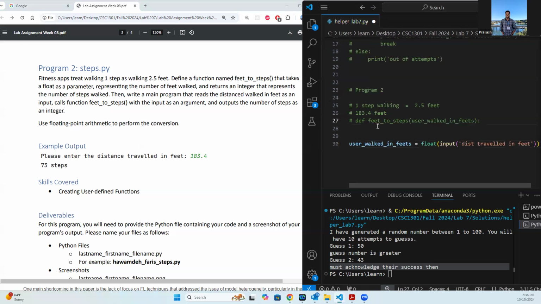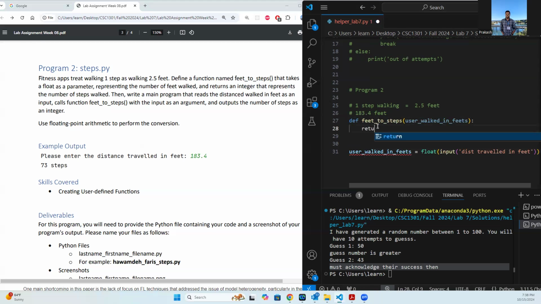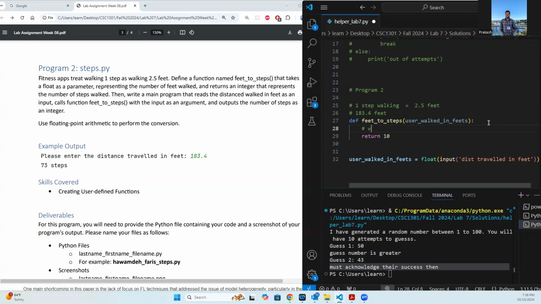So we have a function which will take some value and now we know that it will return some value. So for example, if I walked 73 steps or maybe 10 steps, okay. So this is how you return. So this is a function, that's how you define. So here we have to write a logic